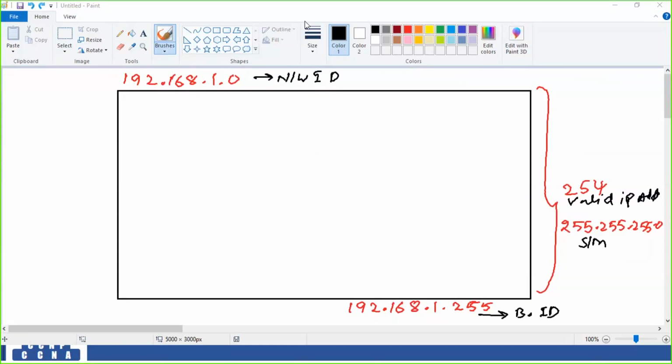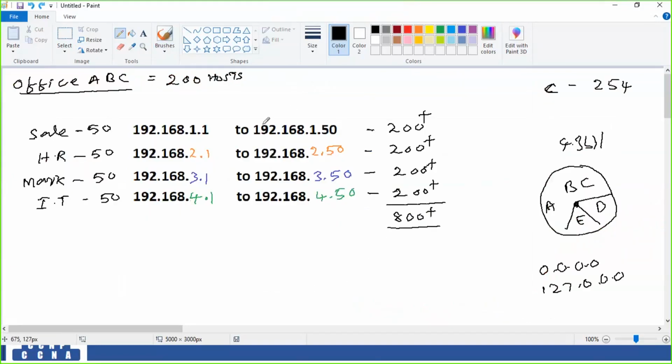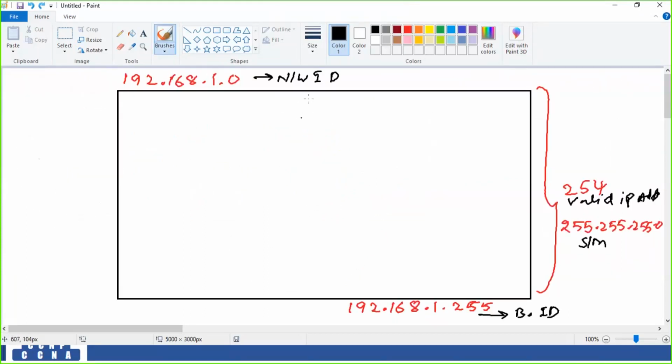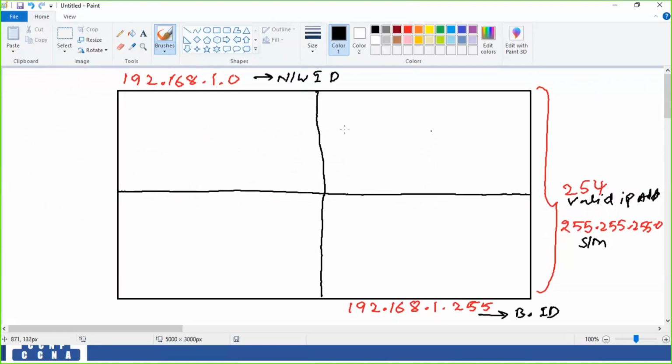So from one network, we can create multiple different networks now, right? From this network, we can create multiple different networks based on our requirement. Now our requirement is 4 departments. So let us divide it into 4 parts. We have divided this one network into 4 different networks, right? Then each block, each part we call